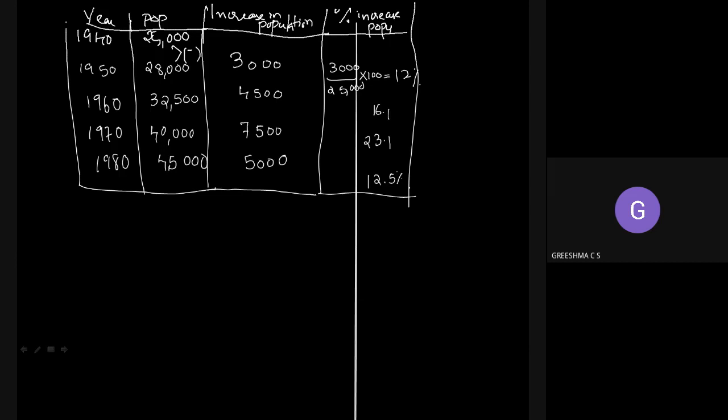Because of the rapid growth of the population within 20 years, a rapid saturation of the population has occurred. By 1970, almost the city got saturated. In 1980 the growth rate decreased to 12.5 percent. In such cities we mainly use this method, that is the decreasing rate of population method.